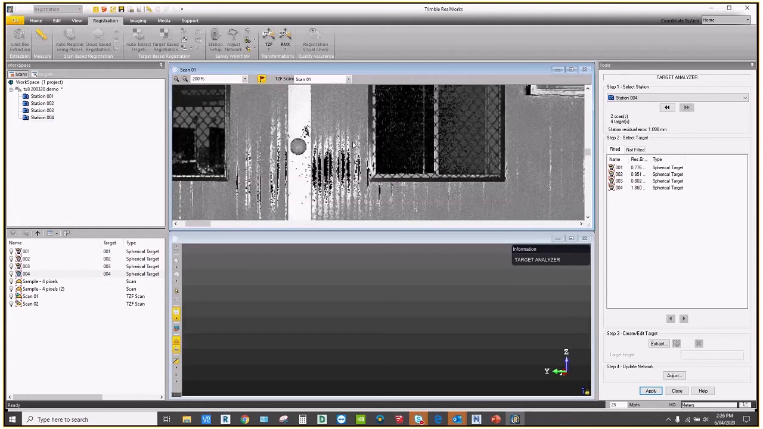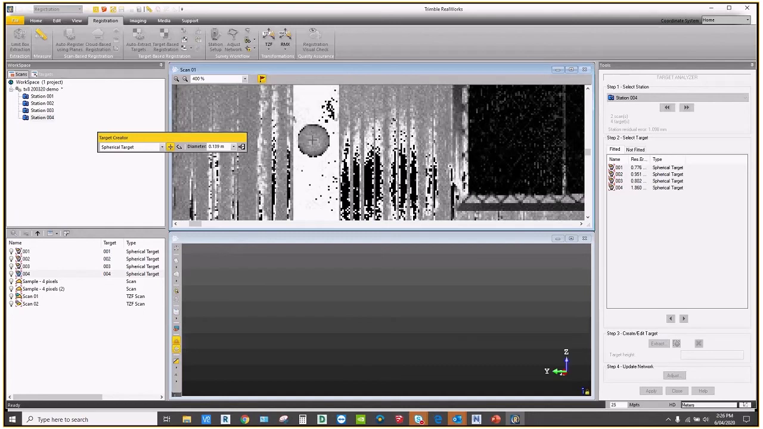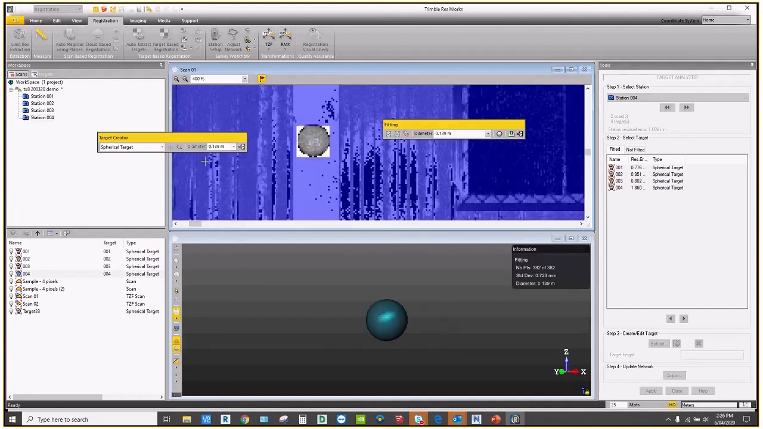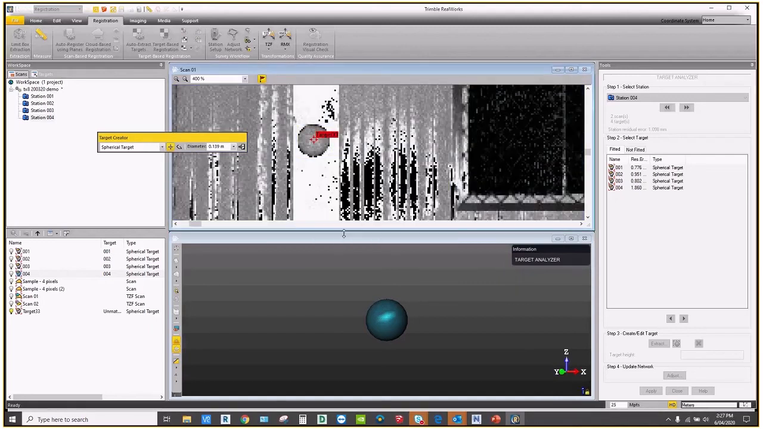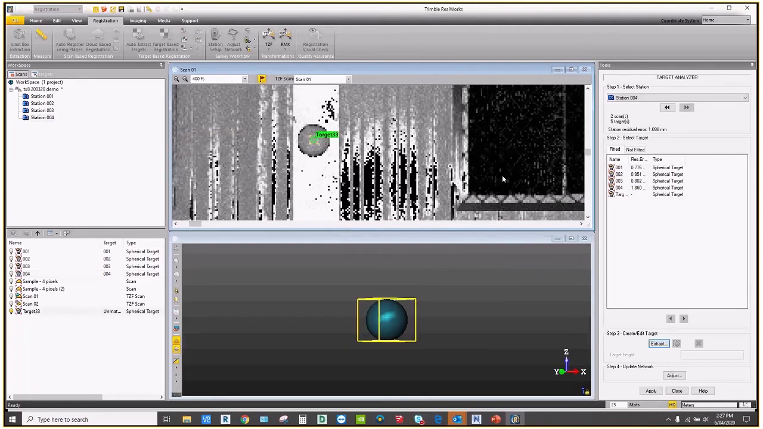You'd normally expect that to be extracted, but in the case that it's not, it's no big deal. We can just extract it ourselves. So if I click on that, I've told it here that it's a spherical target and it's 139 mil, and it gives me a result here of how many points it got on there and the standard deviation, and I can create it. I've now got a target there, and then if I come back to station 3,